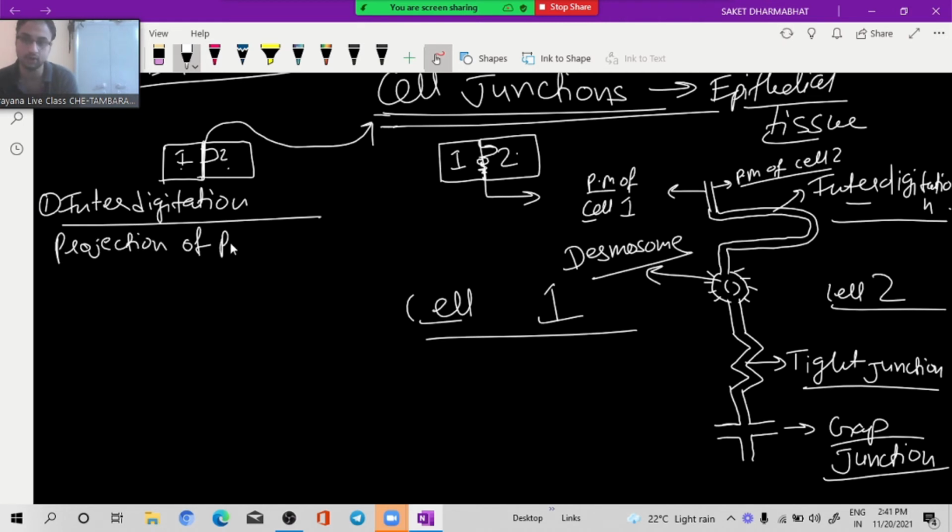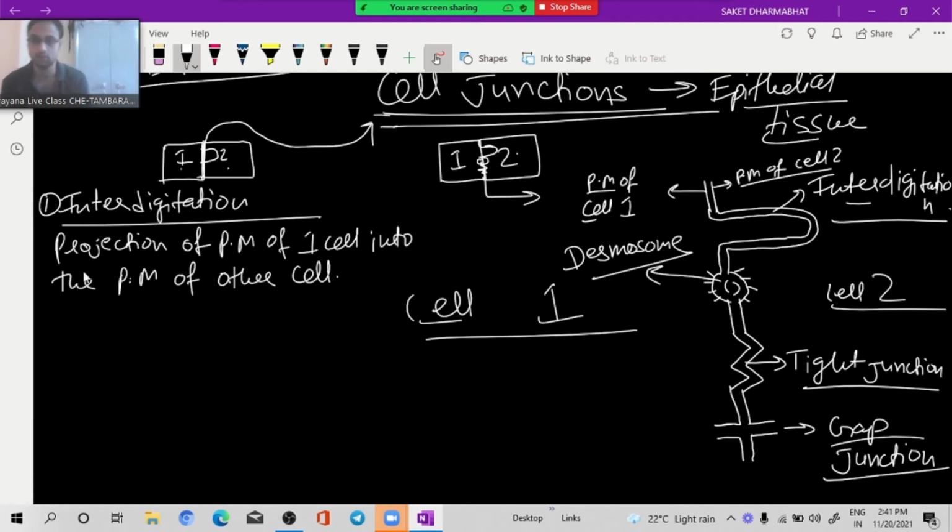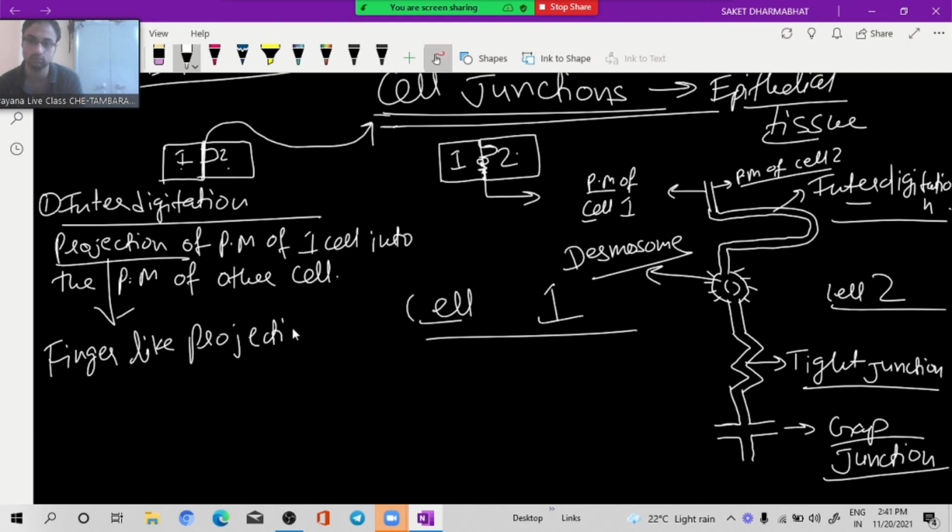Projection of the cell membrane or plasma membrane of one cell into the other cell. What kind of projection is this? Finger like projection of plasma membrane of one cell into the,